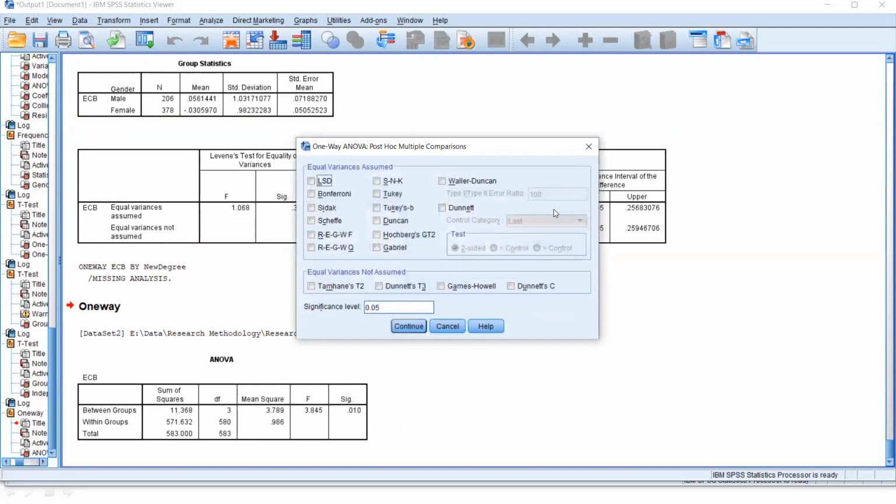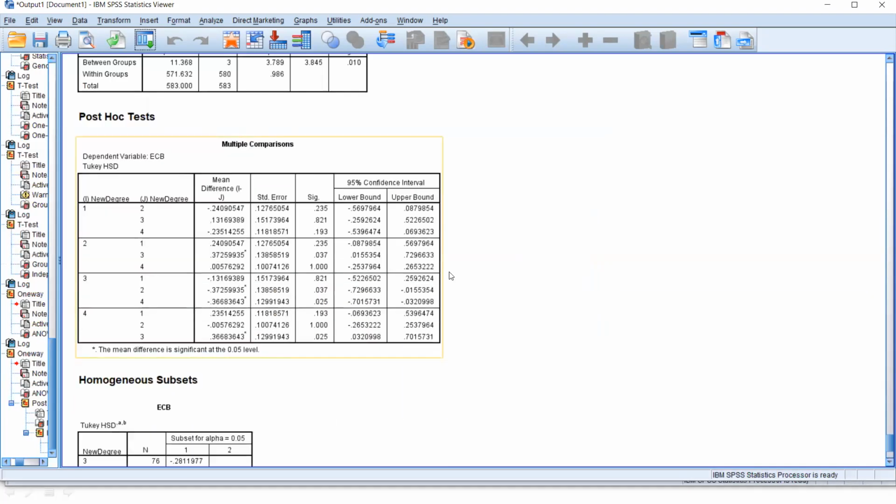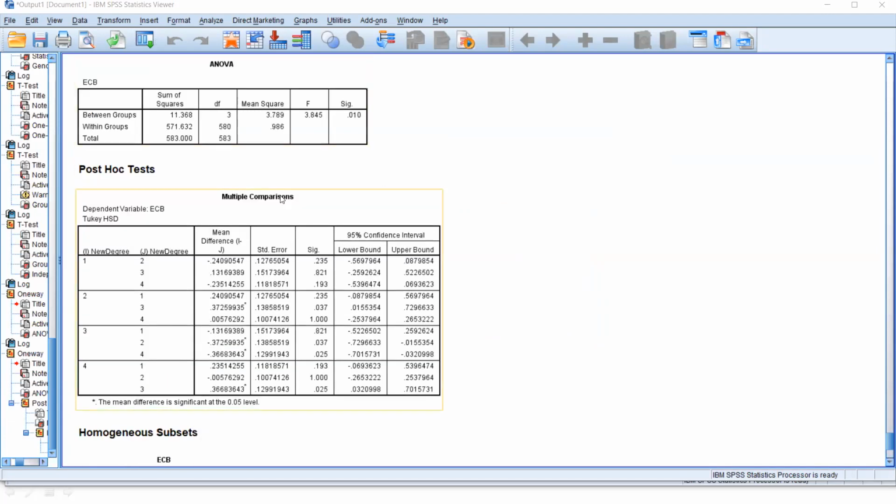Right? You click it. Now you have several post hoc tests, right? You can tick Tukey, that is the most common one. And I don't have knowledge about other things. Truly I have to say Tukey is the most commonly used one. Then click continue and press OK. Okay, come back to your output window. Now you can see the result is significant in here. Now in here you can check which one has the highest ECB and which one has the lowest. Now it compares here.